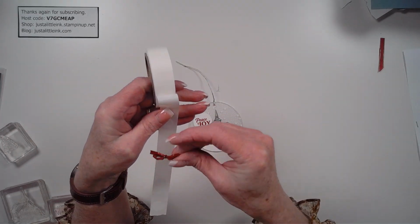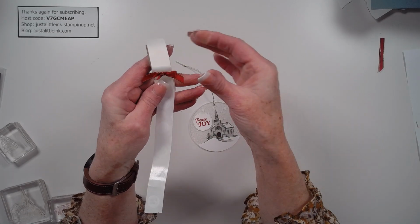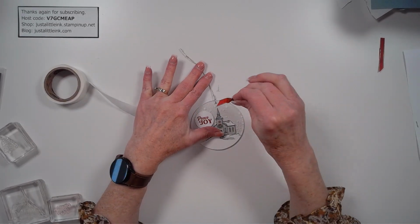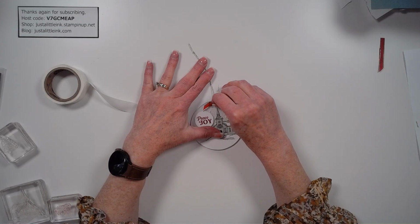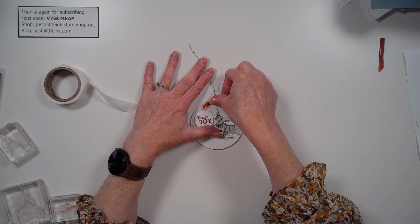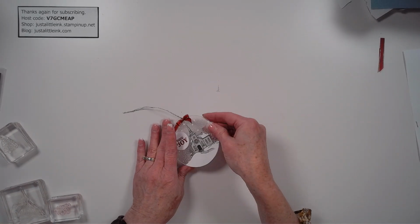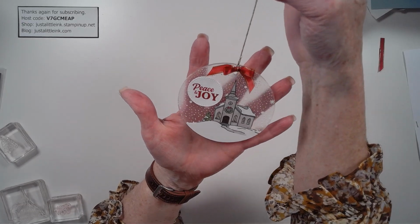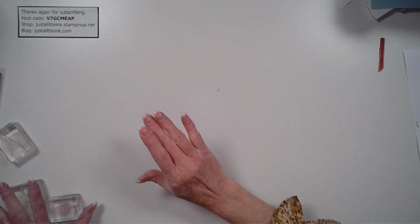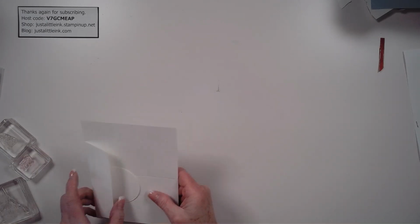I have a little package of them, so you can attach your bow. Stick it on here, and then you slide it off. I find that's the easiest way. It's sticky, and then I'm coming right above that hole. I think I am. And press. And those mini glue dots are a super strong adhesive. So then you have an ornament. So that was our second project, and super quick, we're going to do our third project,